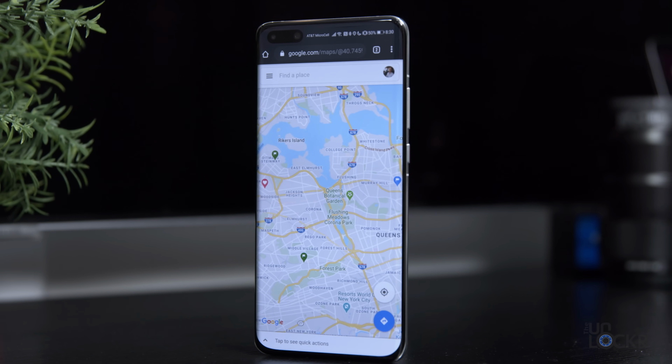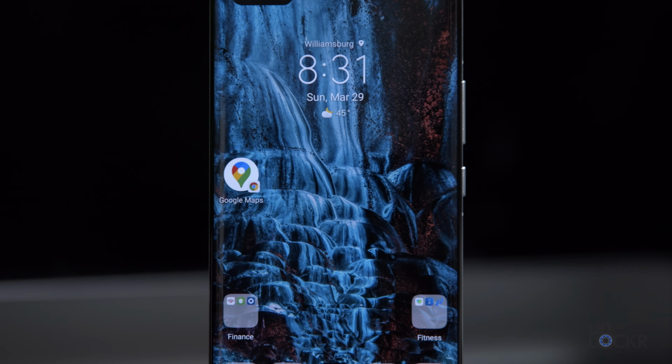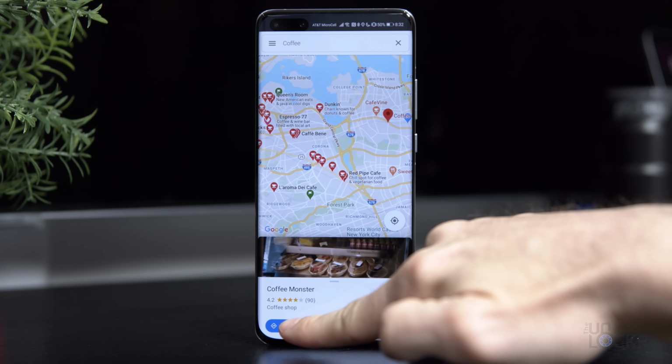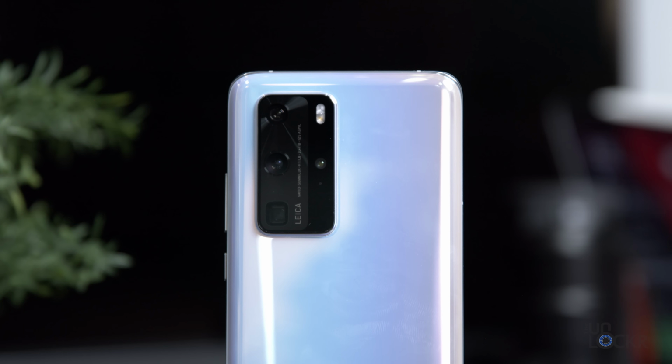After that, I was able to go to Google Maps mobile site and save it to my home screen, which made it look like an app, and opening it, it lets me log in with Google to get all of my map data in the browser. Then it also grabs my location from that browser, and it lets me use it for directions basically like the app does. I did this for a few of the more crucial apps that I need on a daily basis,